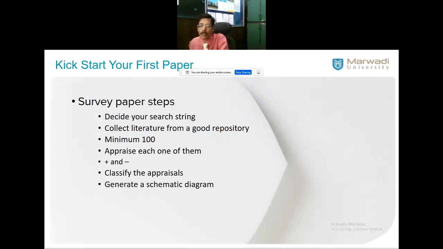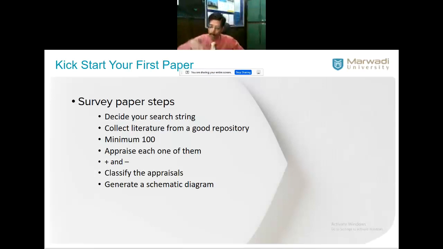Suppose I want to do one topic, say the economic crisis in the post-pandemic situation, the economic crisis faced by India in the post-pandemic situation, or the economic crisis faced by Gujarat. Okay, you get more focus. I'm not worried about the world, I'm worried about my own state only. Economic crisis faced by Gujarat state, post-pandemic situation. Like that you can do.